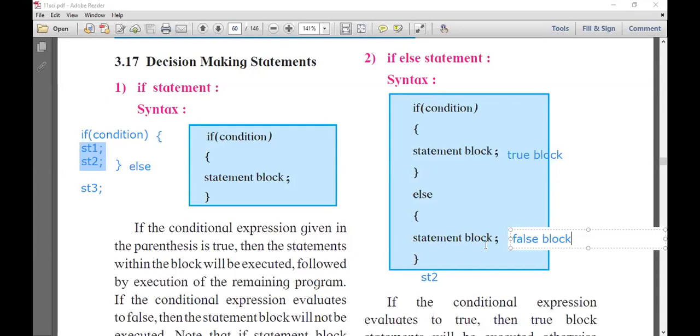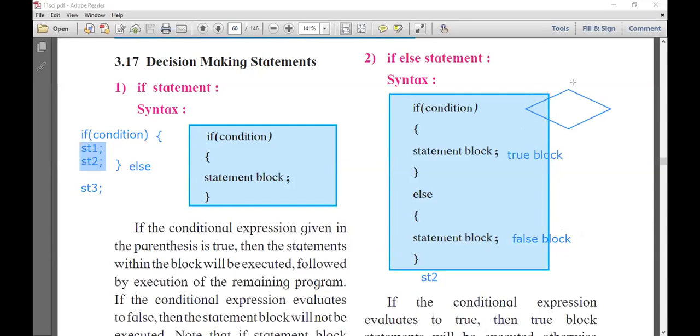So we will check this with a flow chart. Now we are going to draw a flow chart. See here, this is the flow chart of the if structure.